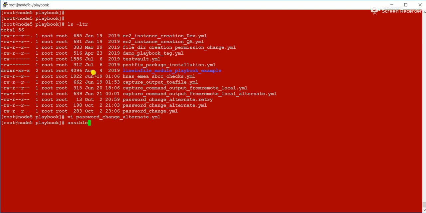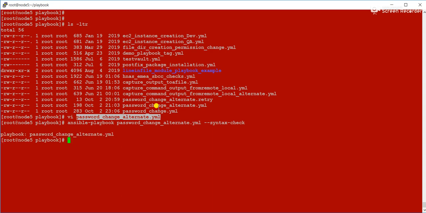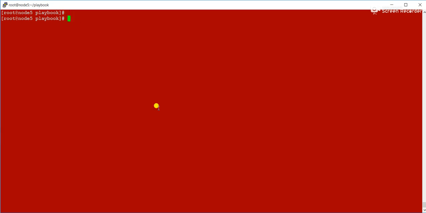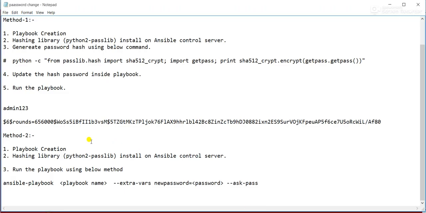ansible-playbook, then our playbook name, then --syntax-check. There is no error, it's pretty good. So now we'll go to our notepad.